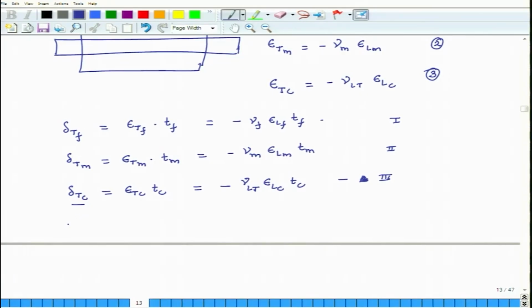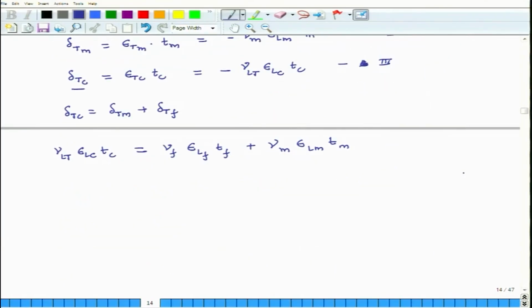So, I can say that delta Tc equals delta Tm plus delta Tf, and what that gives me is nu Lt epsilon Lc Tc equals nu f epsilon Lf Tf plus nu m epsilon Lm Tm, and if I divide the entire equation by Tc, before I do, we note,